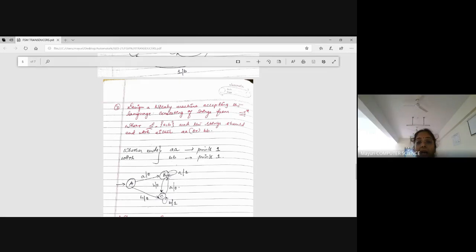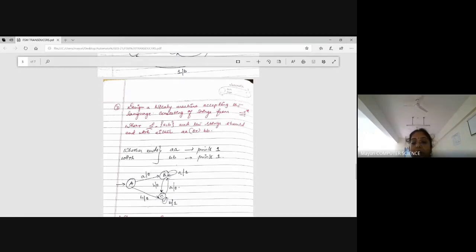You can ask me, ma'am, I'm getting B also on the output 0, but B is the proper state with output 1. From B, on the input B, I have to go to a state. Here the state is C, because the output here is 0. Already you got C with output 0. You can say, yes ma'am, C is somewhat of a peculiar case. There are a few problems which you will get very neatly while converting Mealy to Moore; I will try to explain that.